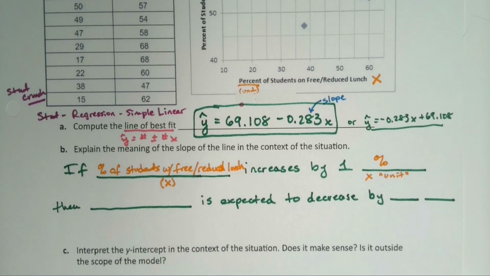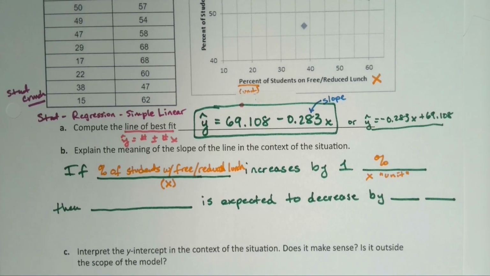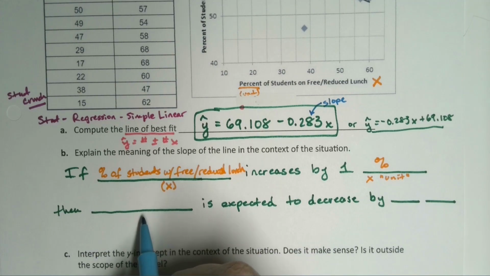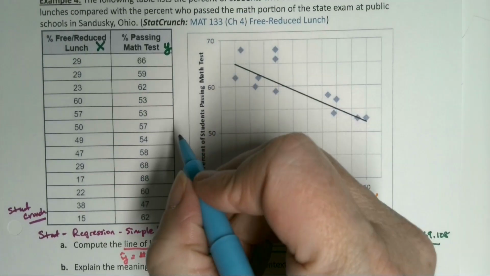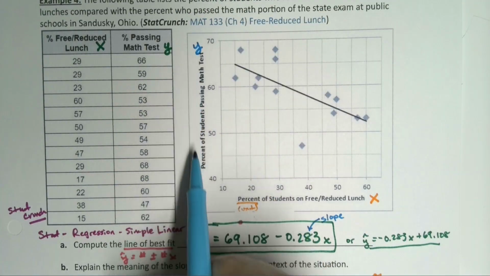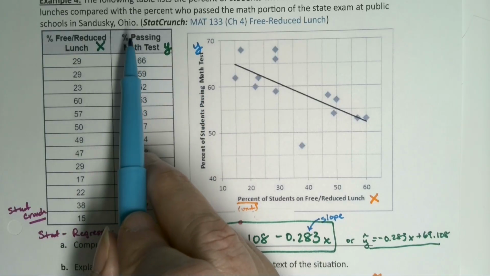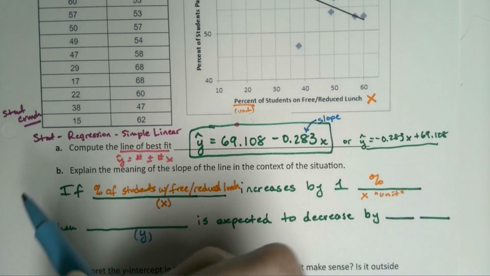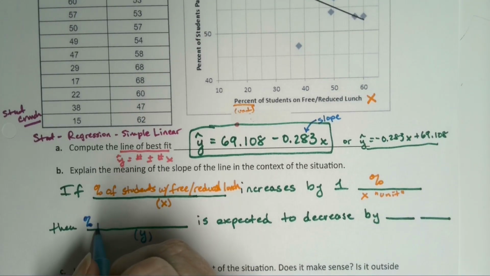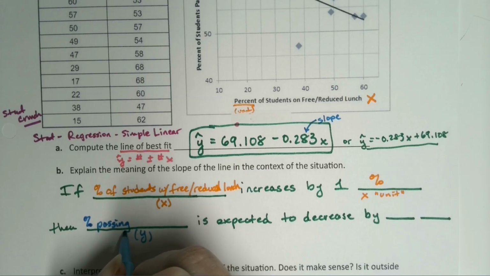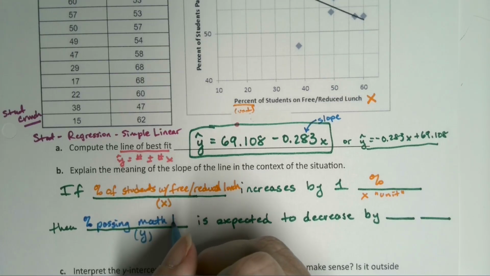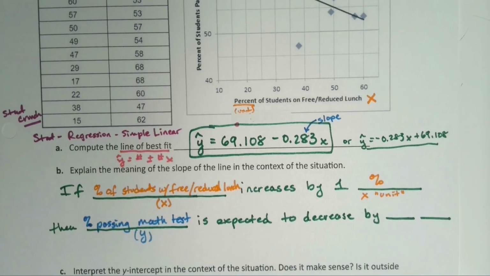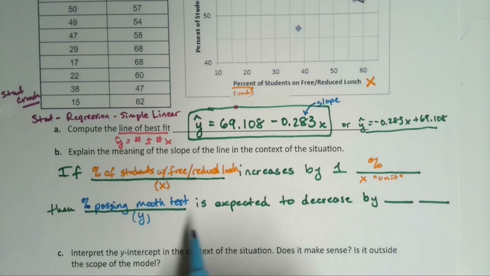Then, all right, now I have to write about the y. So the y was the other variable, which is over here, and it really pays to write this down. It's also up here in the table if you have a table, but it's the percent of students passing the math test. So percent passing math test. This is not my finest English hour, let's put it that way, but that's the y variable, right? And this is the x variable,